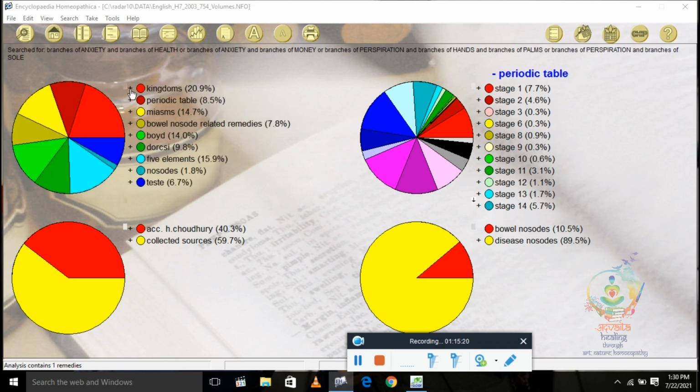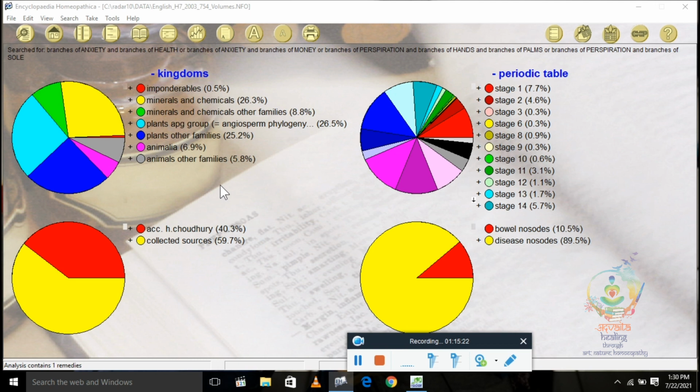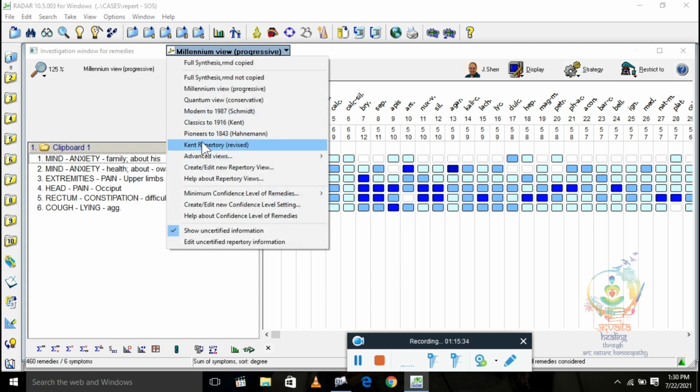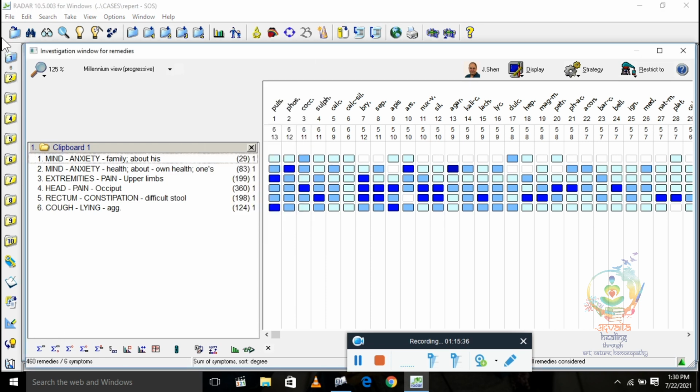Okay, so this is how we can use Radar and the encyclopedia in a better way, right? I have shown you this feature. Okay, canned repertory you can do from here. Now any other feature remaining, I'll show you.